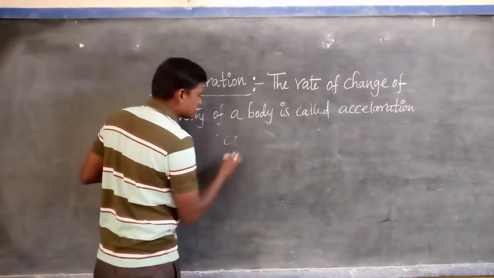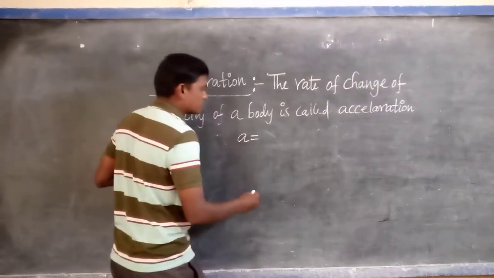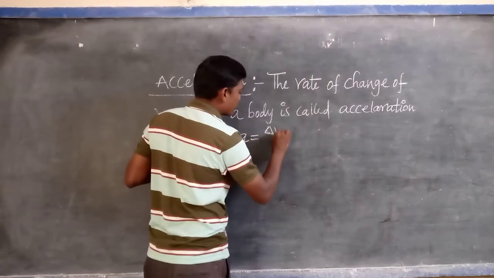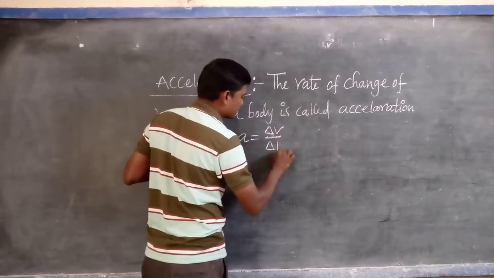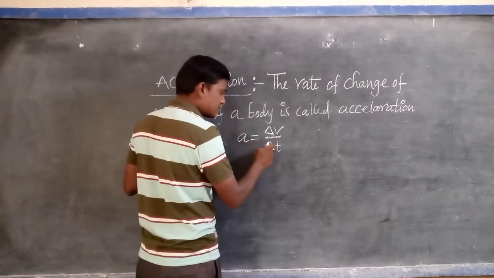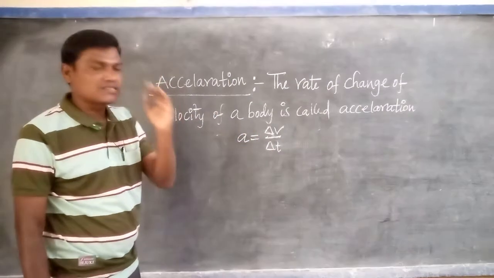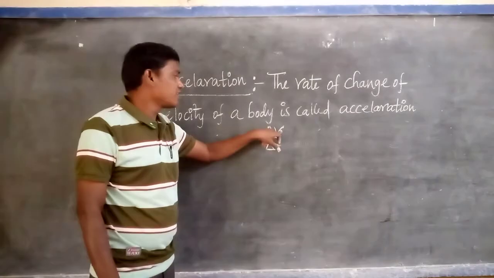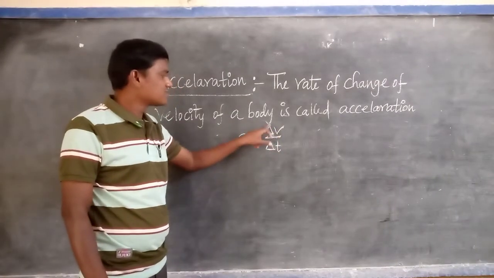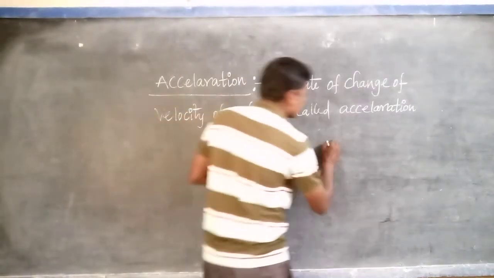So a equals delta v by delta t. Here v is the change in the velocity, t is the change in the time. The delta symbol always represents the change. Here v means velocity. That's why it is the change in velocity with respect to the time. For your understanding,